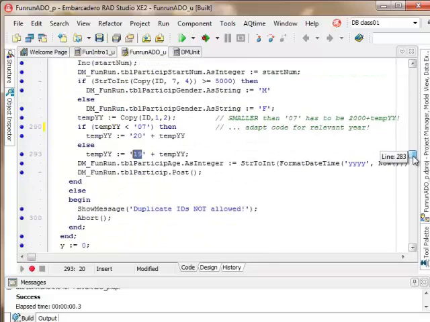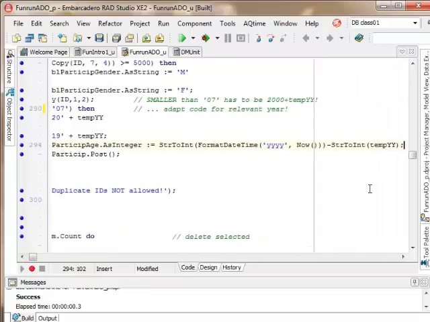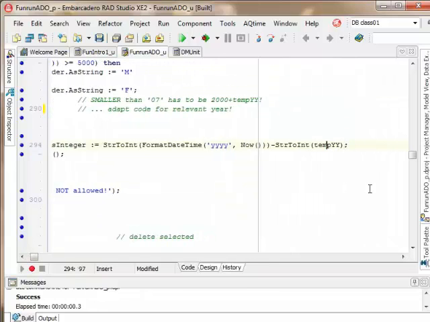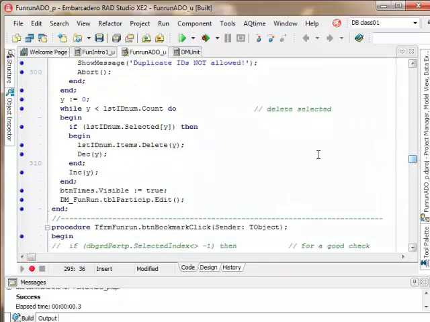Okay, having all this in place, we can actually work out the age. So we're just getting from today's year right here to keep life easy again, and we are subtracting our temp year, which was worked out just now, since we added 1920 right in front. If all that data is in place, we can post. That means we are saving that record and we are happy. The last part of that